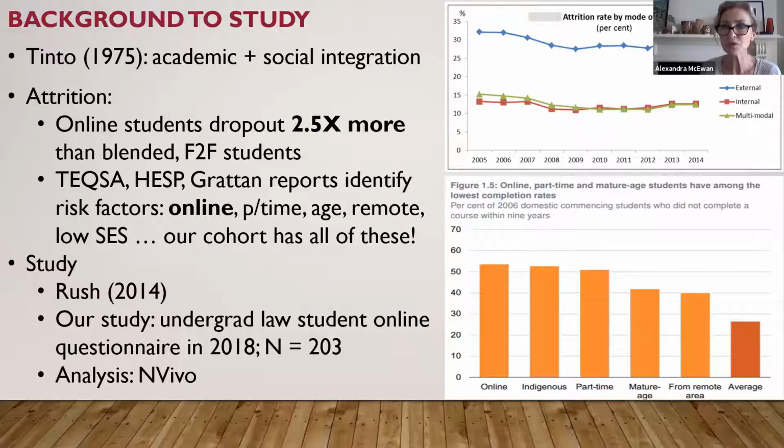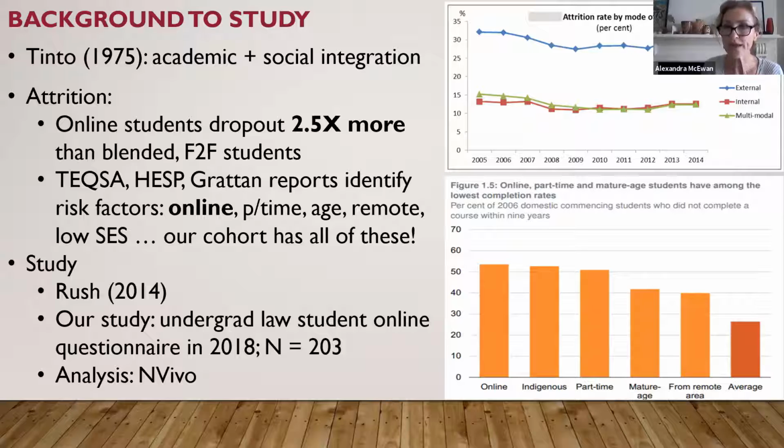Similar to those previous reports, online study was identified as a risk factor. So too was part-time study and being a mature age student. If you think about those three risk factors within one student, you've got basically the worst case scenario in terms of attrition risk. Okay, however, in this Grattan report,